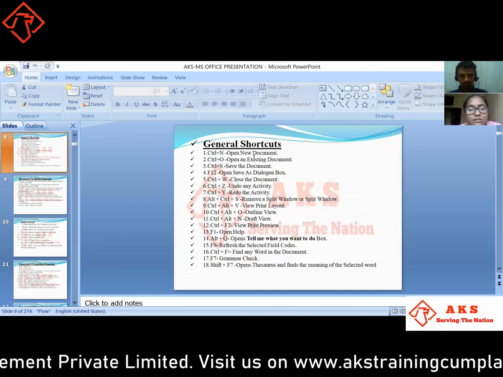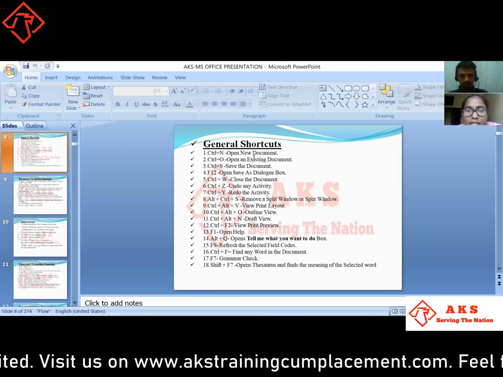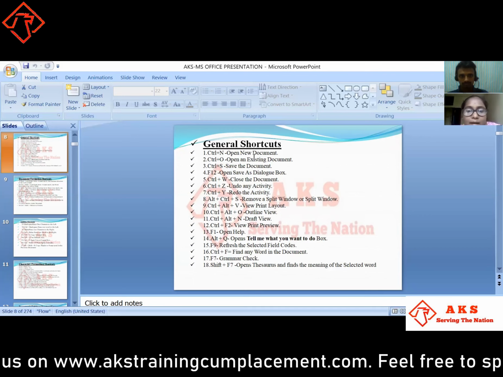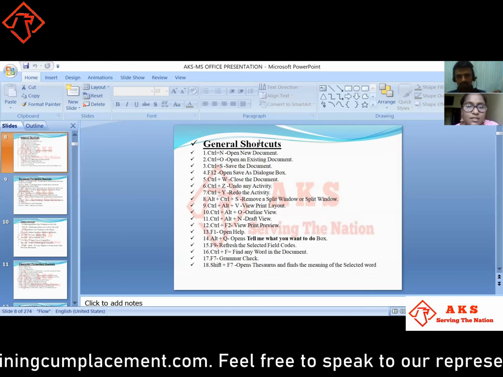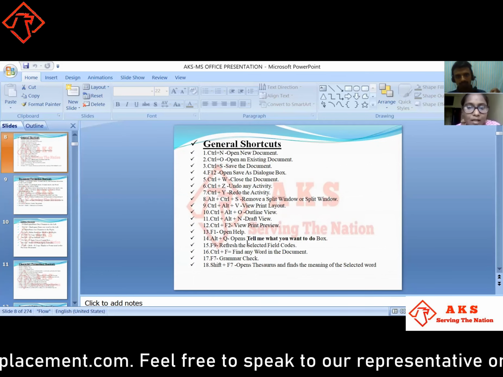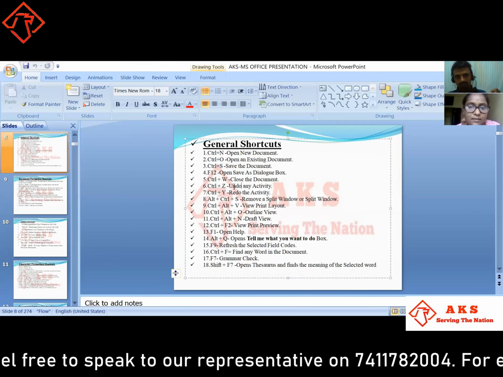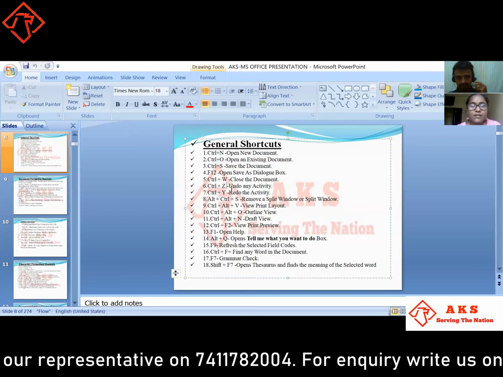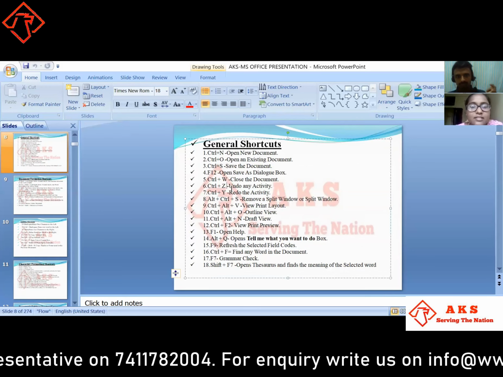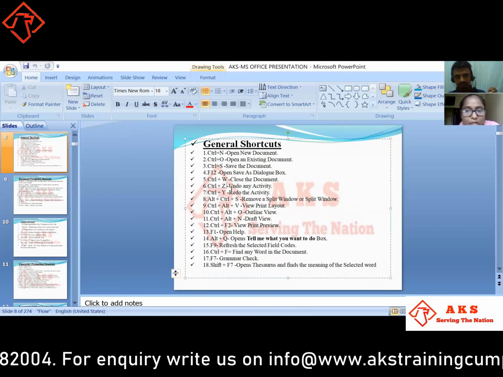We have to click on some tools, some we have to edit. There are more and more shortcuts. Okay, and next, Alt plus Control plus L is for removing the window.